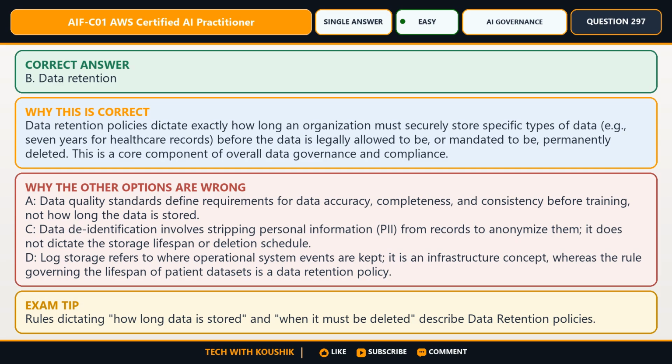D. Log storage refers to where operational system events are kept. It is an infrastructure concept, whereas the rule governing the lifespan of patient datasets is a data retention policy. Exam strategy. Rules dictating how long data is stored and when it must be deleted describe data retention policies.